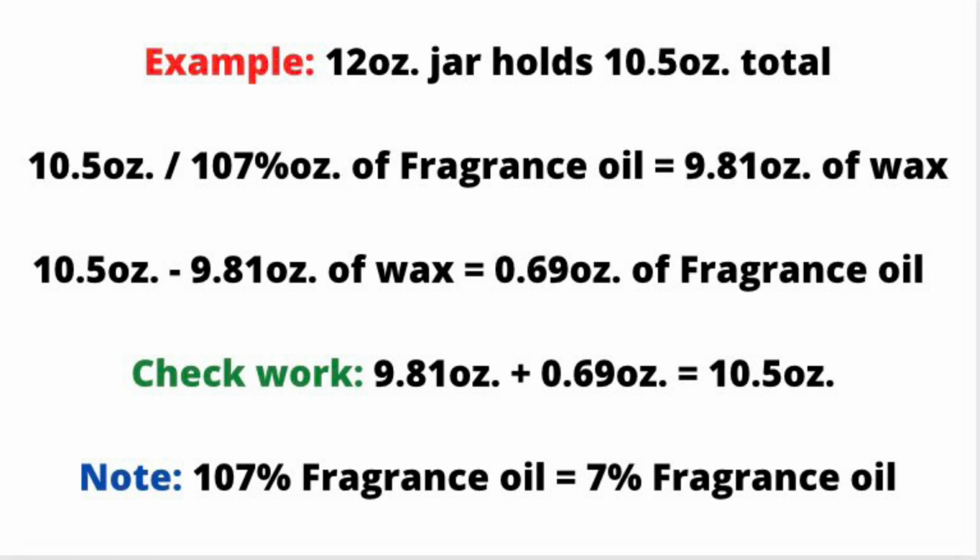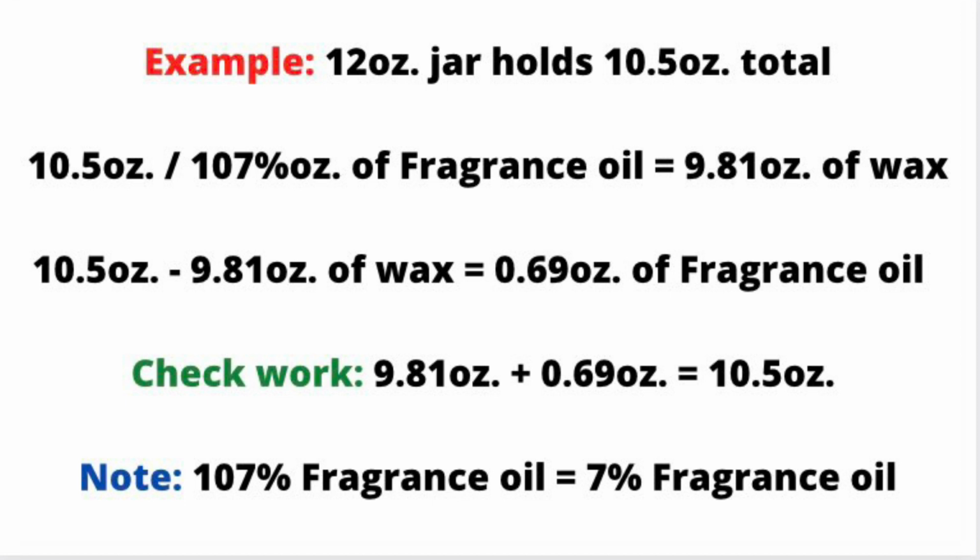So I take 10.5 ounces and I divide it by 1.07, which is 1 ounce of wax plus 0.07 ounces of fragrance oil, to get the amount of wax that I need. The 0.07 ounces of fragrance oil just means that I'm using 7% fragrance oil in my candle. Okay, so we're going to say 10.5 ounces divided by 1.07 equals